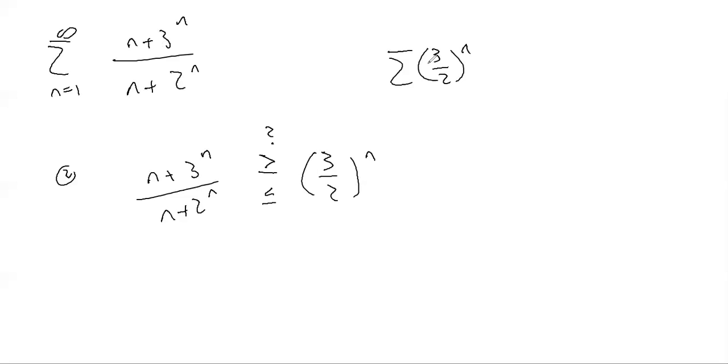So I use this as my an, this is my bn. Let's see what we get. Okay. So let's try limit comparison test. I divide my an by my bn. Let's go ahead and go to a new page. So I'm dividing, so that means multiplying by the reciprocal. And my result is